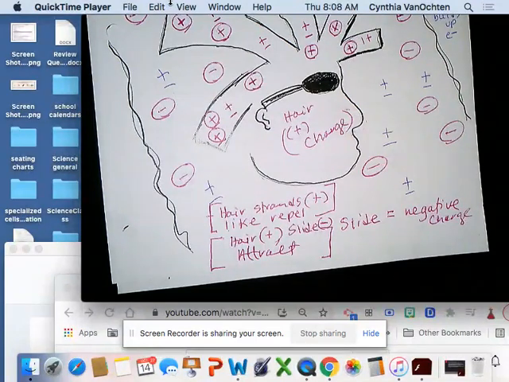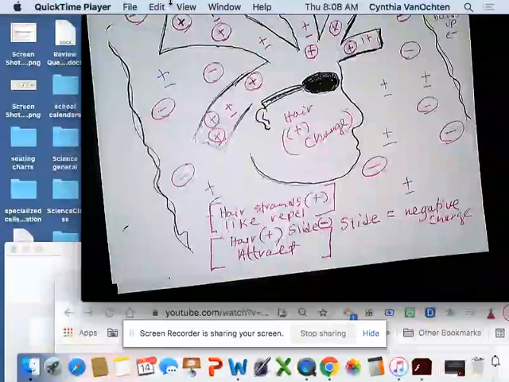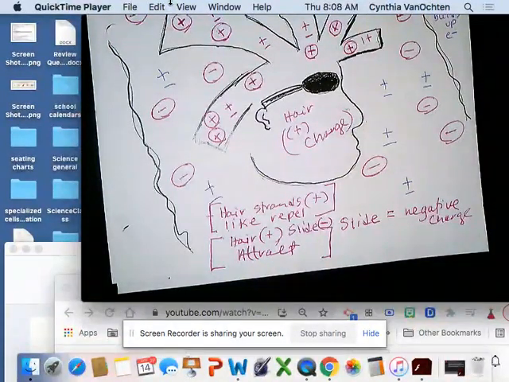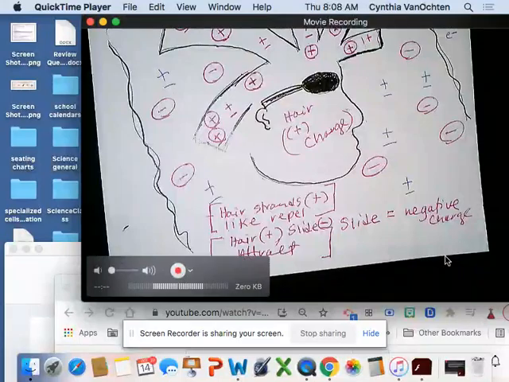The hair is attracted to the slide, so it's going to pull away from the person and toward the slide, but the strands are also repelling each other because they're like charges. So I really want you to do some of this kind of thinking when you do your assignment today, okay? So I'm going to